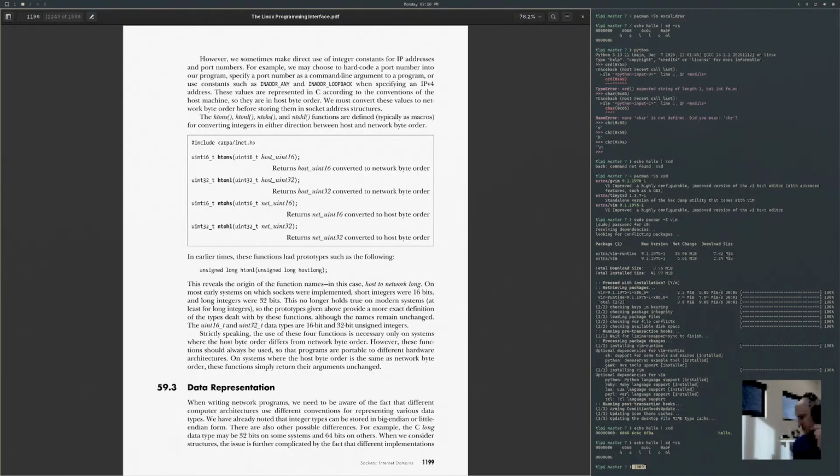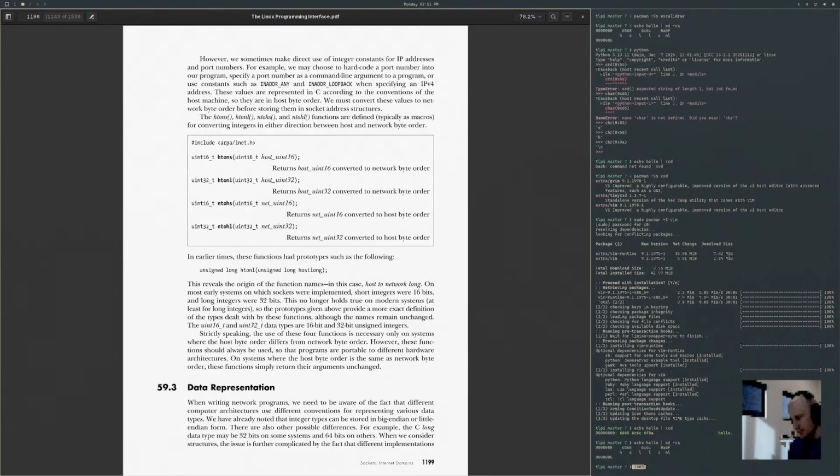These values are represented in C according to the convention of the host machine, so they are in host byte order. We must convert these values to network byte order before storing them in socket address structures. The htons, htonl, ntohs, and ntohl